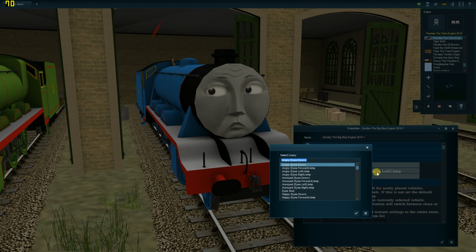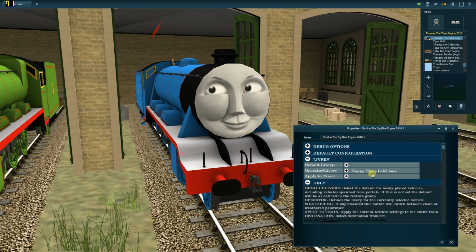And let's also say, while we're at it, I have the idea that at some point Gordon is happy. So then I click Happy Eyes Left, there we go. Then F10 again, and so on and so forth until I've got the necessary number of expressions that I want. Now I'm just going to close that,